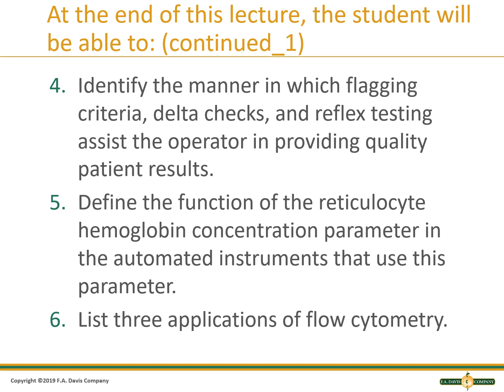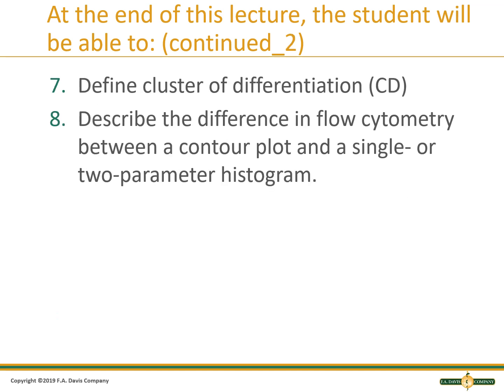identify the manner in which flagging criteria, delta checks, and reflex testing assist the operator in providing quality patient results. Define the function of the reticulocyte hemoglobin concentration parameter and the automated instruments that use this parameter. List 3 applications of flow cytometry. Define cluster of difference and describe the difference in flow cytometry between a contour plot and a single or two